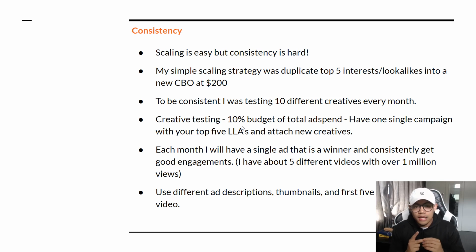Now you want to use interests or audiences that have worked for you from the past, so you can take away that variable or factor, so your new creative won't have to rely on finding those winning audiences. You already know your top 5 lookalike audiences, so all you have to do now is test your new creatives. Once you find a winning creative, you basically scale that.